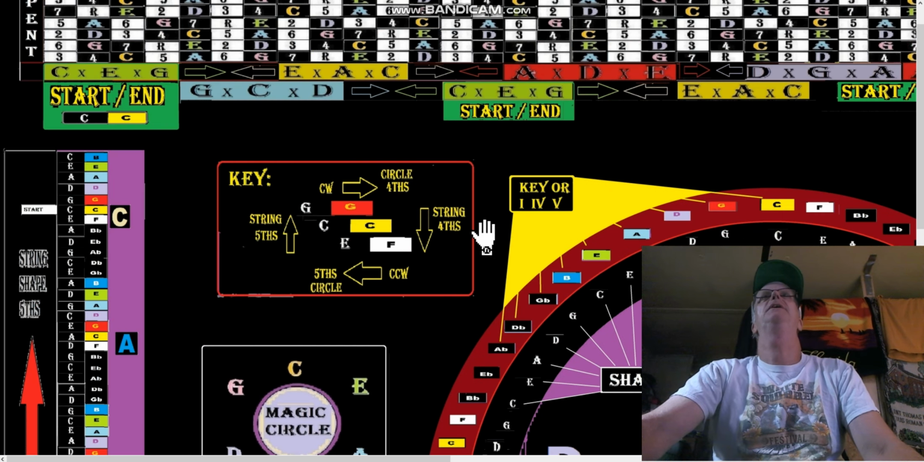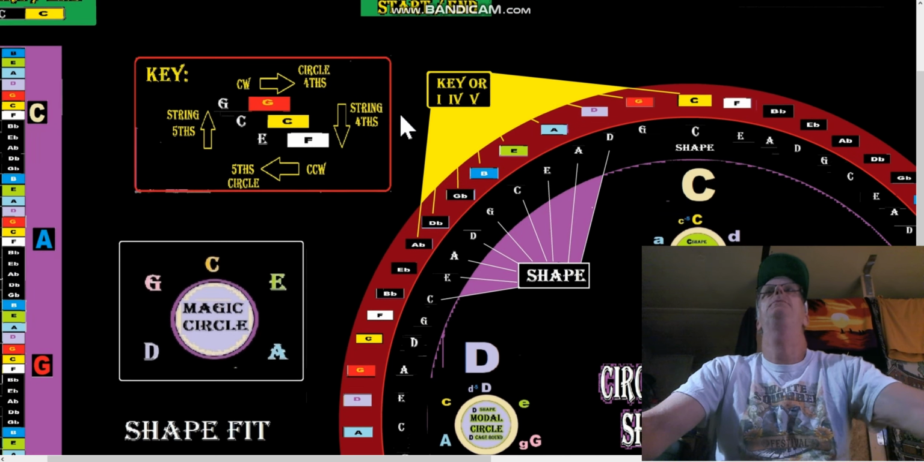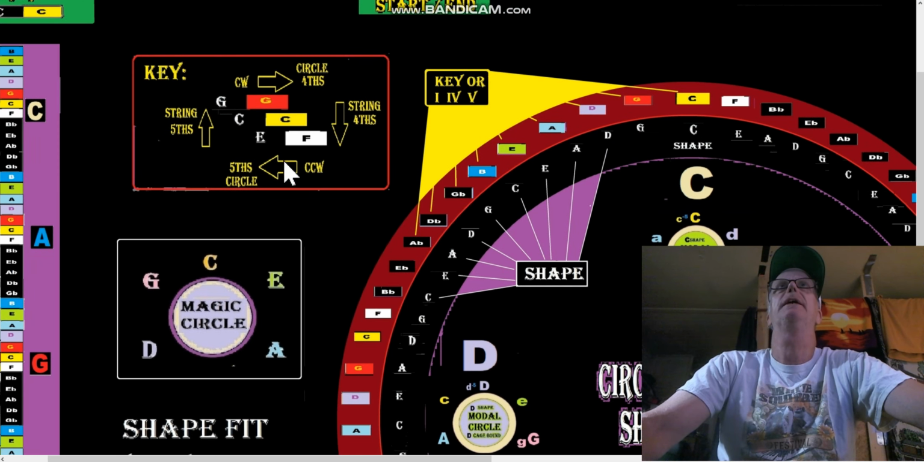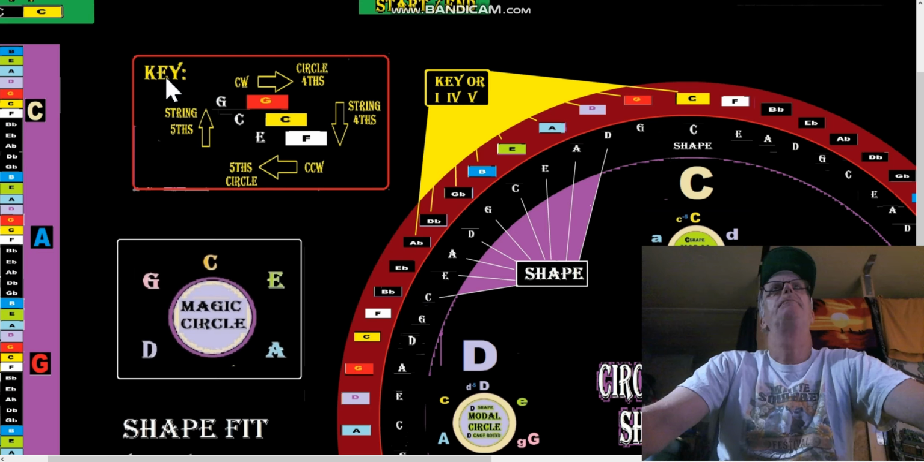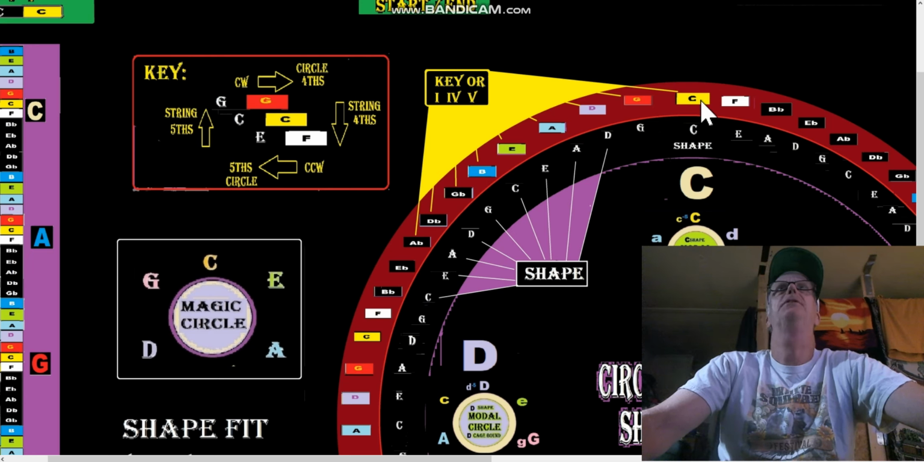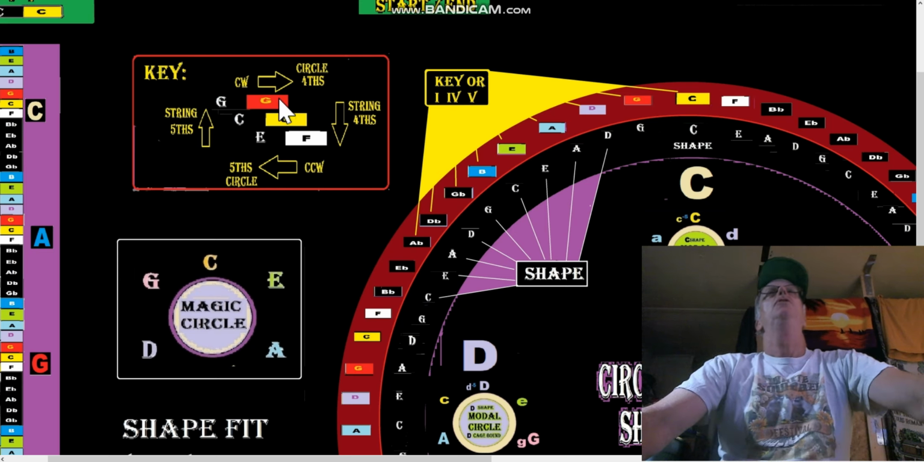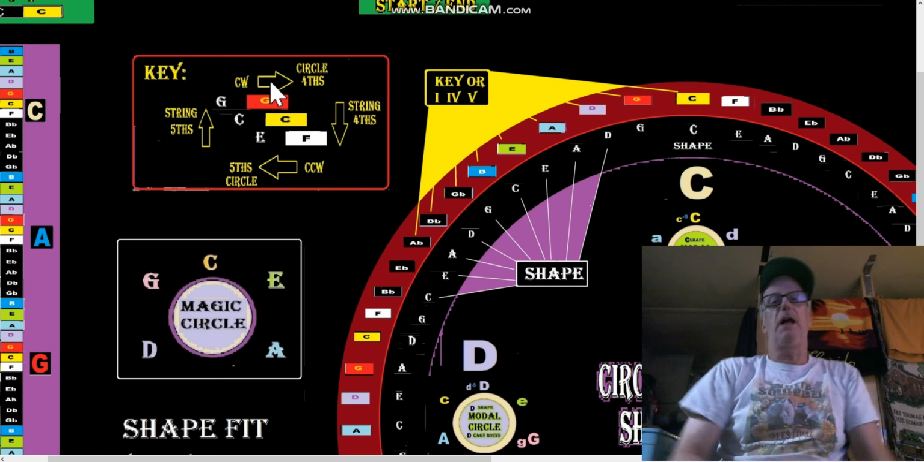Okay, the key is, and this is like zooming in, going into orbit with this thing. We're approaching our orbital point. So this is the key. Now this is like the surface of the circle. So cascading, let's say from C to G to C to F there, okay? So going clockwise,